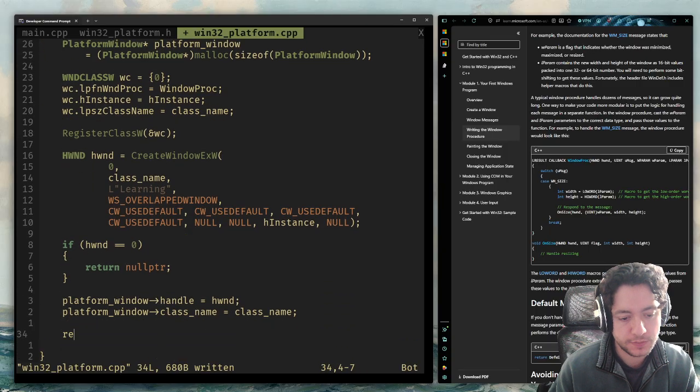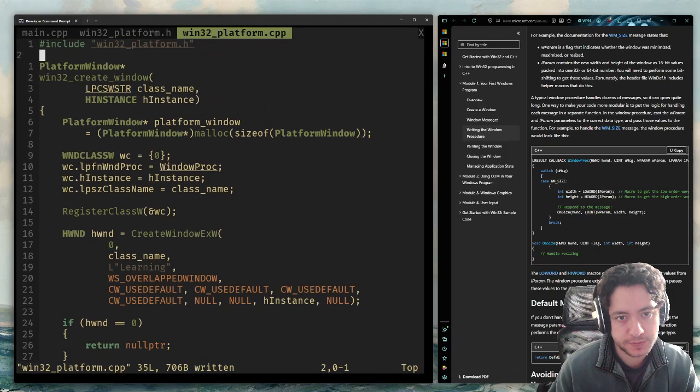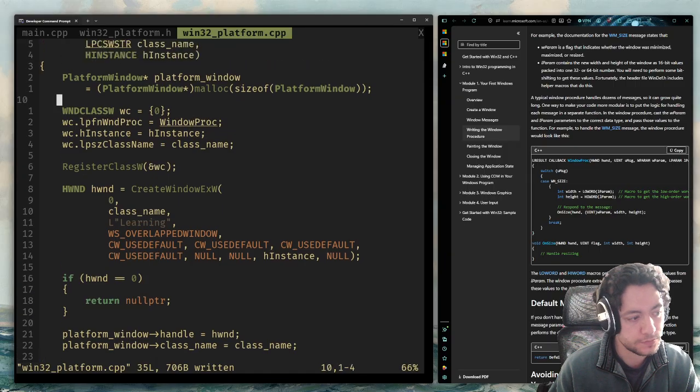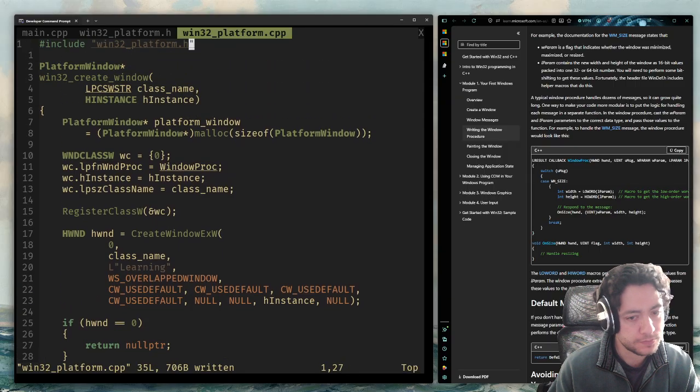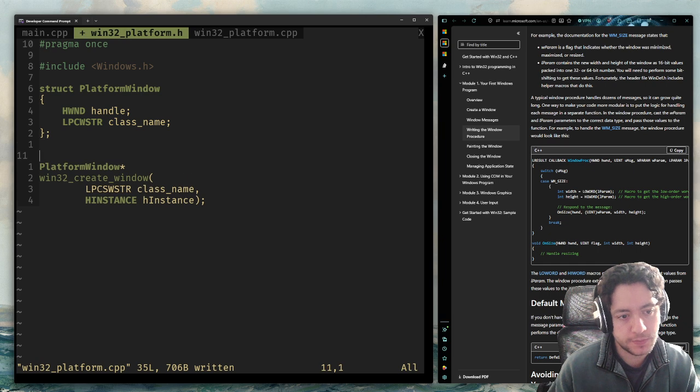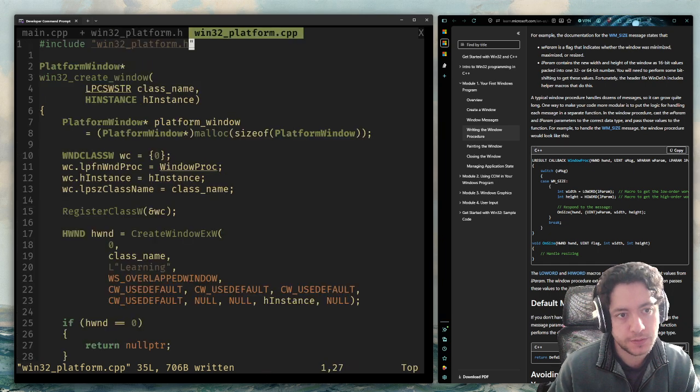We need to then return the pointer to the platform window, and then we can reference that later, I suppose. Okay, so we are actually going to need in here